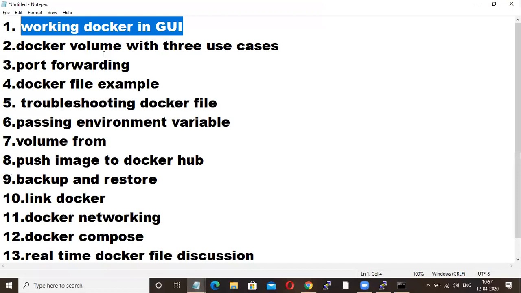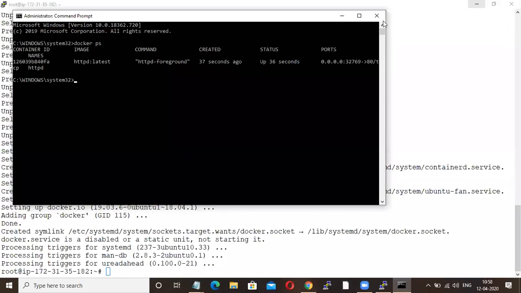Okay, so the next use case is Docker volume with 3 use cases. From here on, I'm going to teach you some real-time scenarios. Just try to understand the scenarios. Just watch very keenly, then only you will understand.